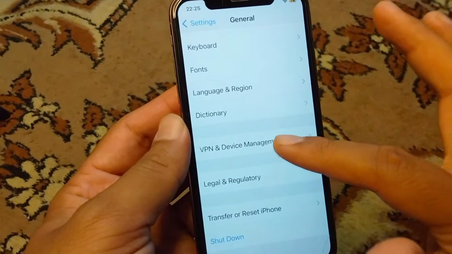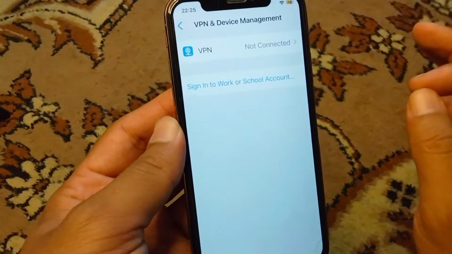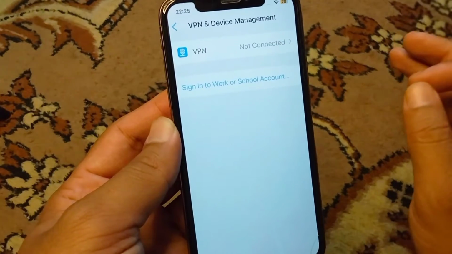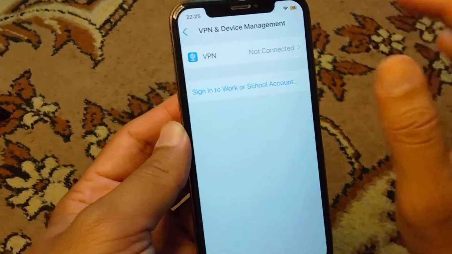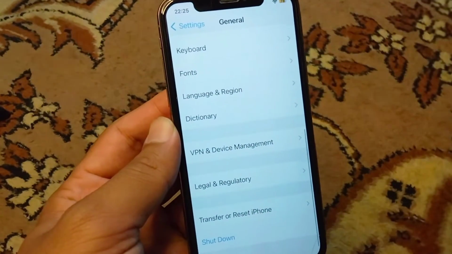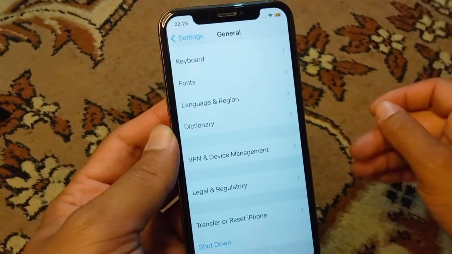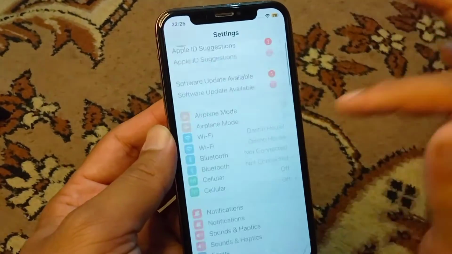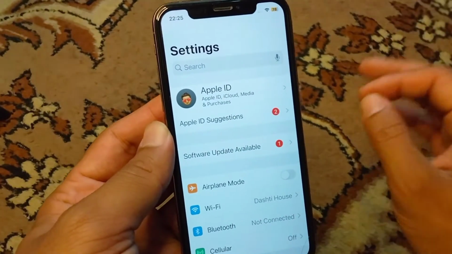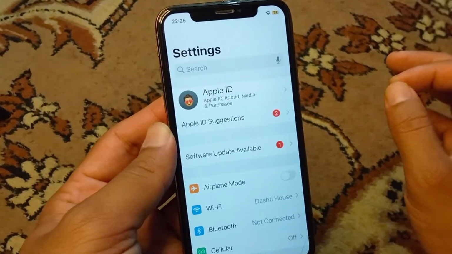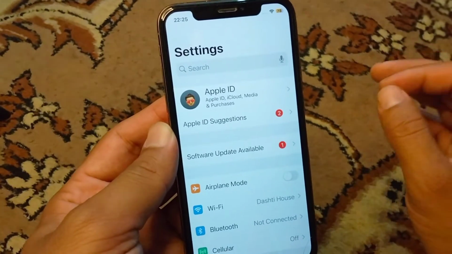Device Management from here and make sure that there is no connected VPN in your device. So if there is any connected VPN, simply disconnect it and after this check if the problem has been fixed or not, and if you are still facing this problem, then you have to remove your payment method for one time in your Apple ID and after this you will have to re-add your payment method to your Apple ID